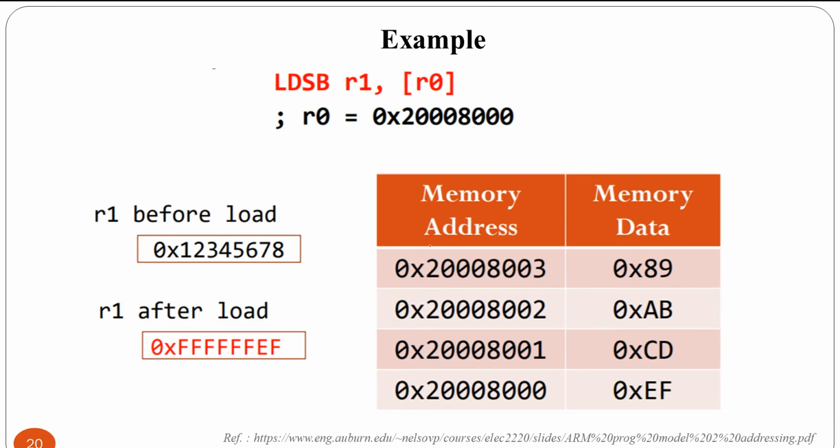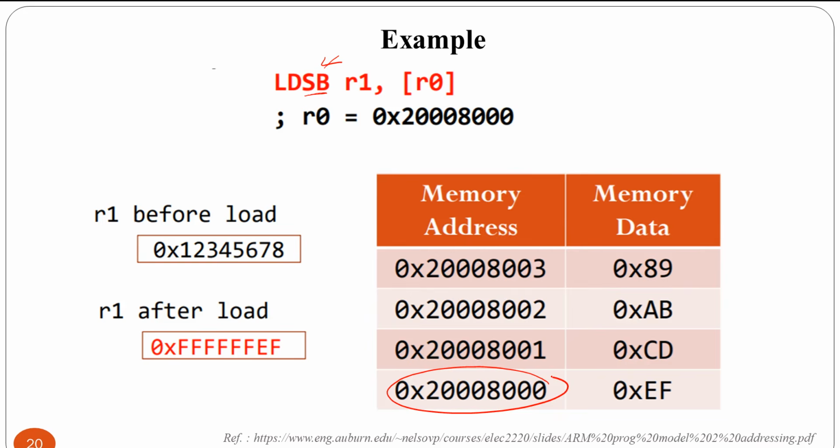Now next, we have studied this load register. Now we'll study store register, how we can store registers inside the memory. Next is load sign byte. Load sign byte means whatever number we are going to load inside the register, we have to preserve the sign of that particular number also, and this number is nothing but 1 byte only, that is 8 bits, and we have to copy that particular number from this location.